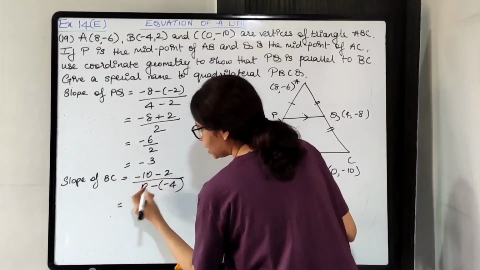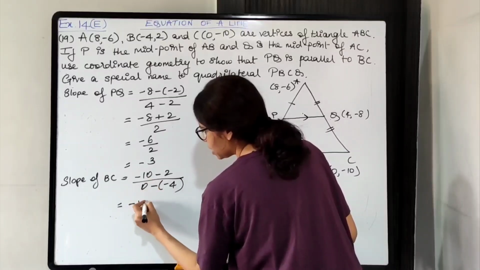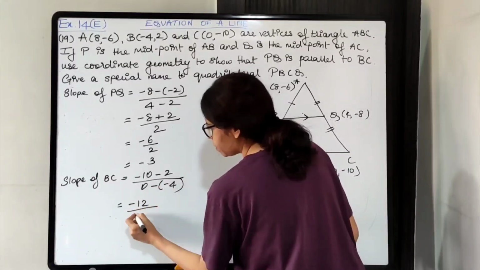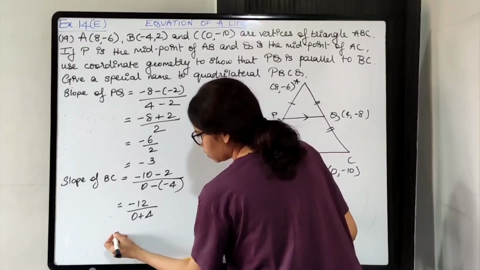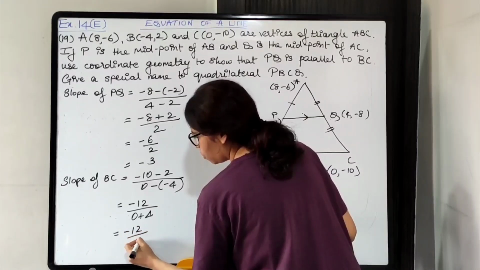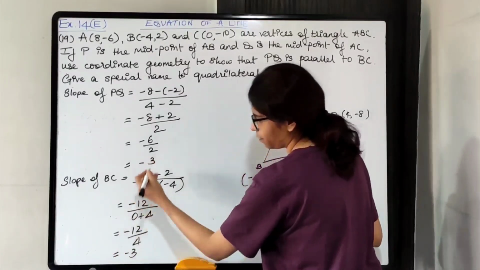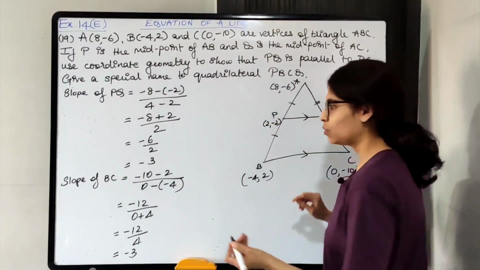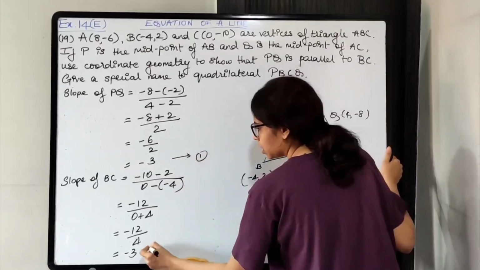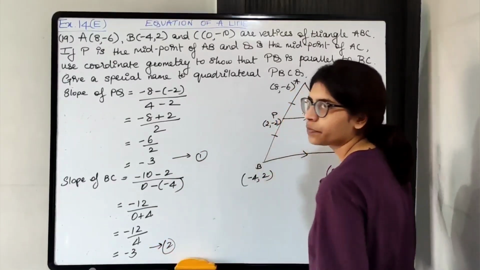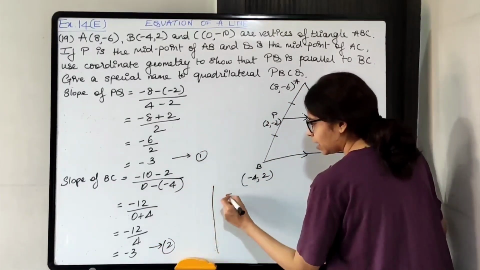So minus है तो put minus sign add हो जाएगा. यह minus minus becomes plus. So -12 upon 4 that gives -3. So we are getting same value. Mark this as 1, mark this as 2. So from 1 and 2